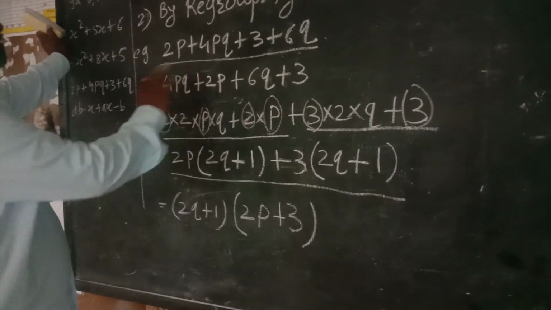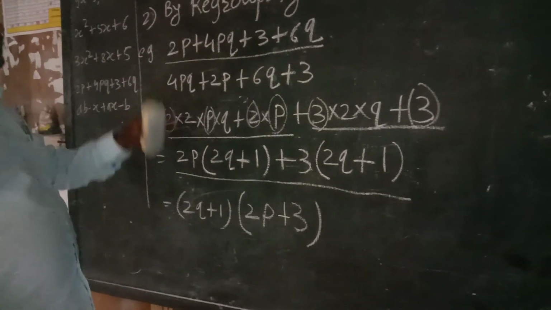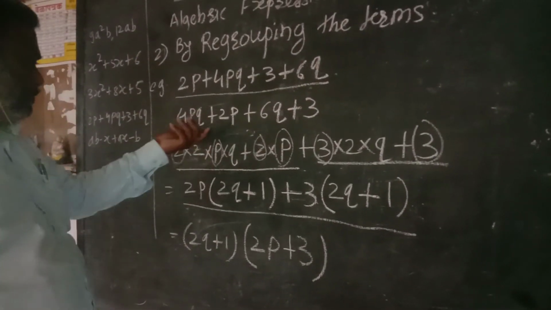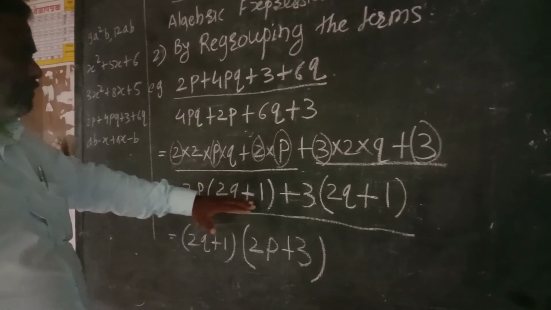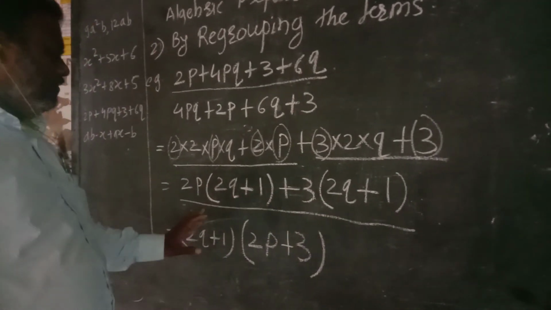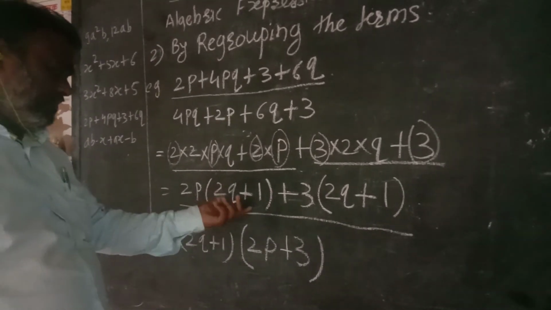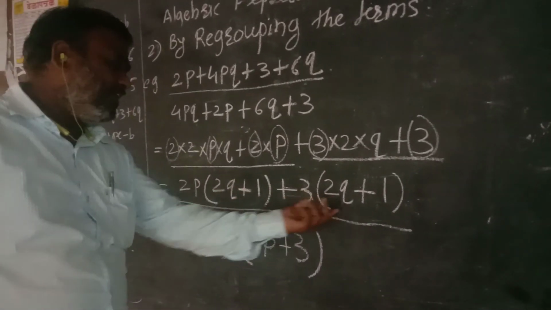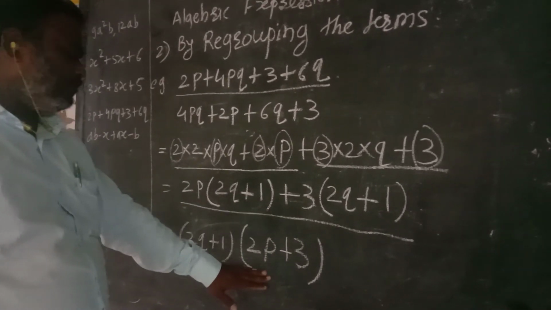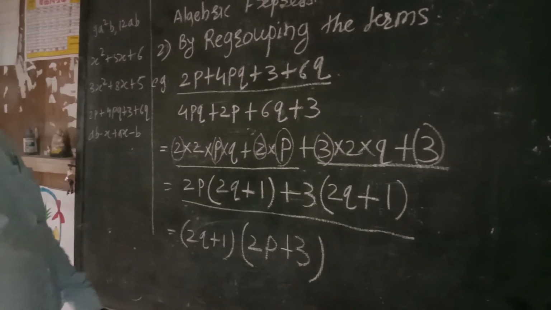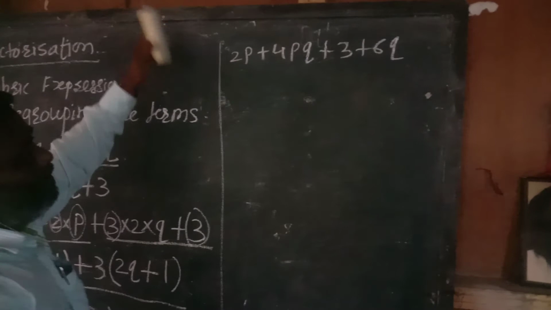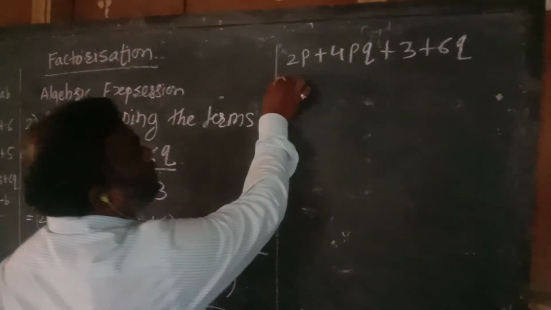That is factorization of algebraic expression by regrouping the terms. Simply we take the common factors from the given expression and we obtain one bracket which is common in both the terms or expressions. Then in the second term we group the bracket similarly taken out and the remaining we put in another bracket. This method is called regrouping the terms. We will discuss how to solve the same problem as per the given situation.